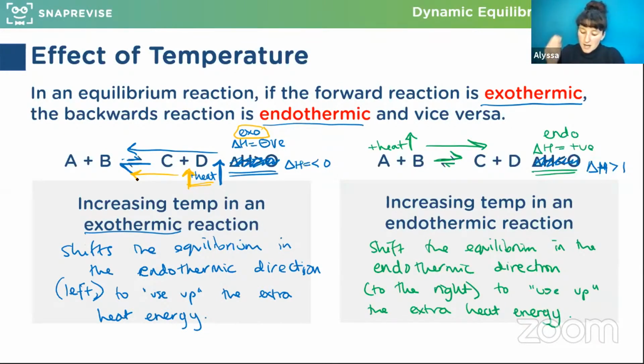Sorry, KK. I changed them because this said delta H is greater than 0, but I should be talking about the forwards reaction being exothermic. And if the forwards reaction is exothermic, then delta H, the change in enthalpy, should be negative. So it's not greater than 0. So that is wrong, which is why I've changed it, because I hadn't recognized that we had that incorrect there. It's the wrong way around. So delta H in my blue box should be less than 0, i.e. it's negative, and in the right-hand box delta H should be greater than 0. I've put 1 there and I mean 0. Sorry, maybe that's a typo.